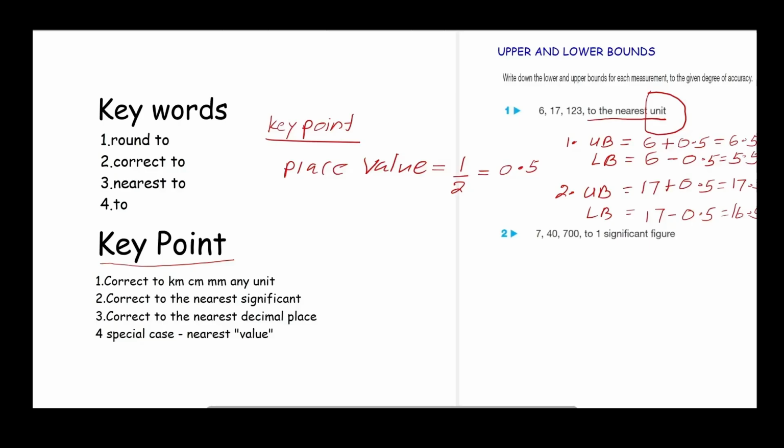To get the upper bound, you have to add that key point, and to get the lower bound of the original measurement, you have to subtract it. That's the first question. Let's move on to the second question. The second question says